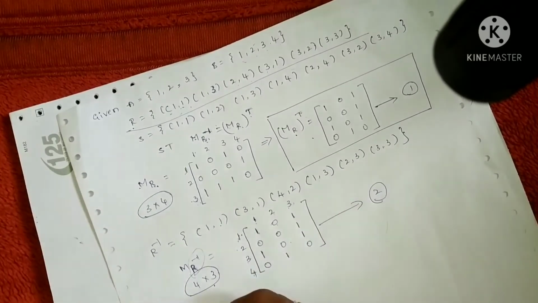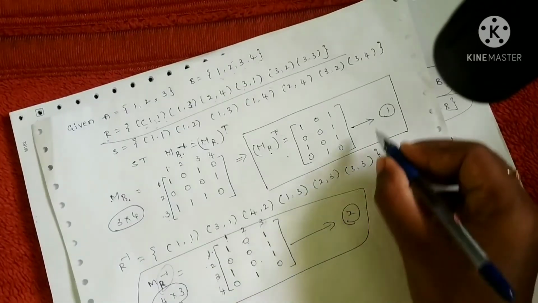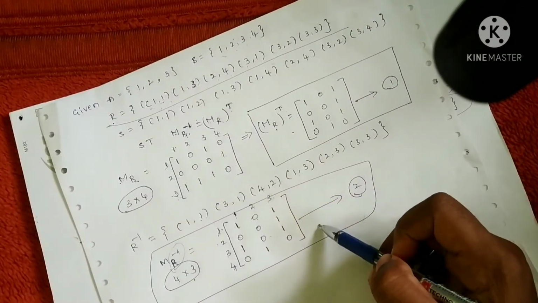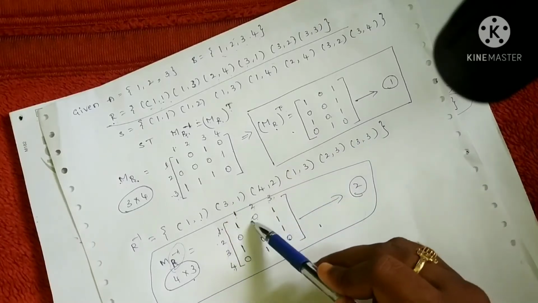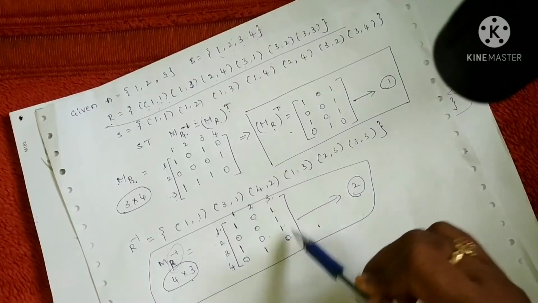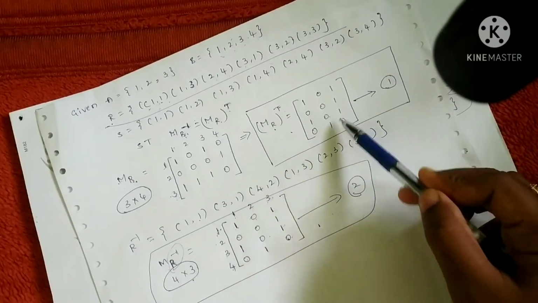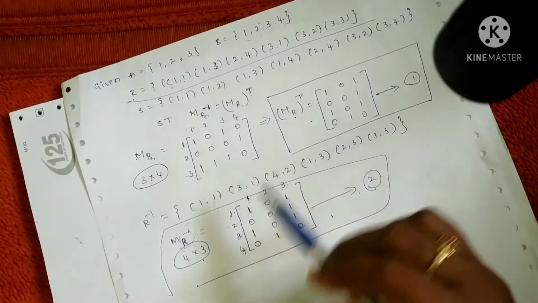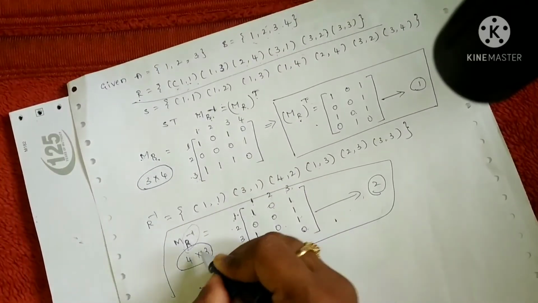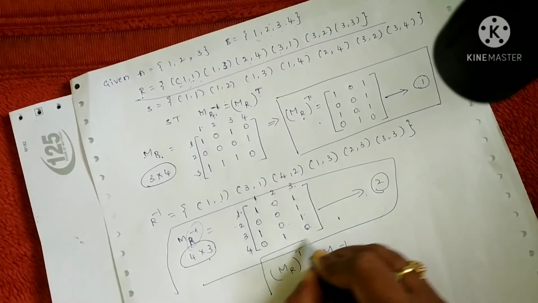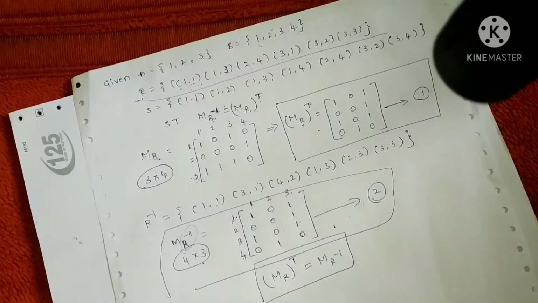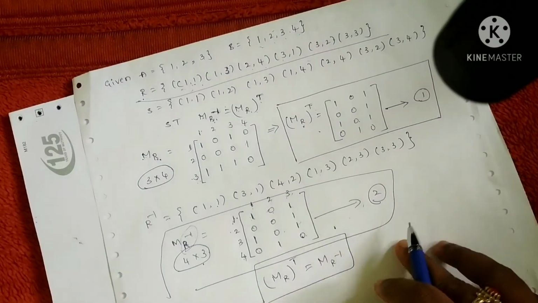Let me take this as equation 2. Now compare equations 1 and 2. You can clearly note that in both equations 1 and 2, the RHS part is the same: 101, 101, 001, 001, 101, 101, 010, 010. So the RHS part is equal, so I can equate the LHS of both equations. So what I'm going to write is MR transpose is equal to MR inverse. This is what we had to prove. Hope it is clear for you. If you are finding difficulty with this, you are free to ask doubts.